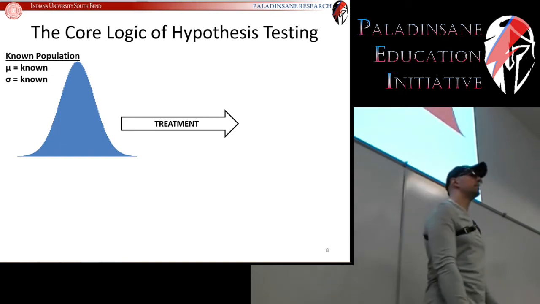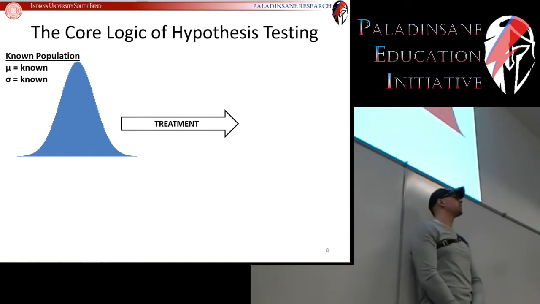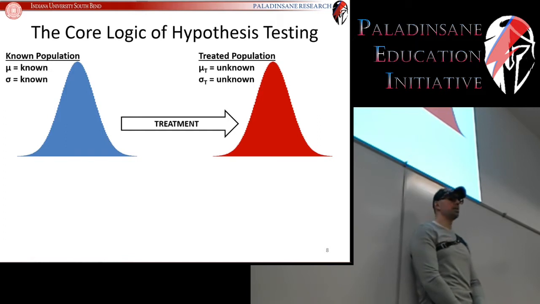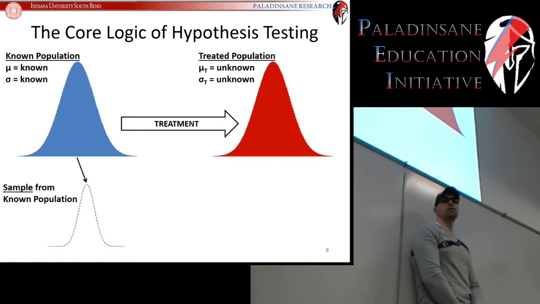Or does it do something, in which case you transform this population into a treated population? So that's what we want to do. We can never test the entire population. That is usually not possible. So what we do is we take a sample from that known population and we treat it, and then we measure